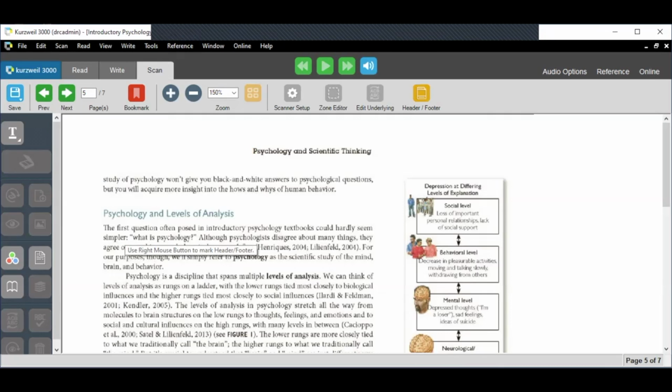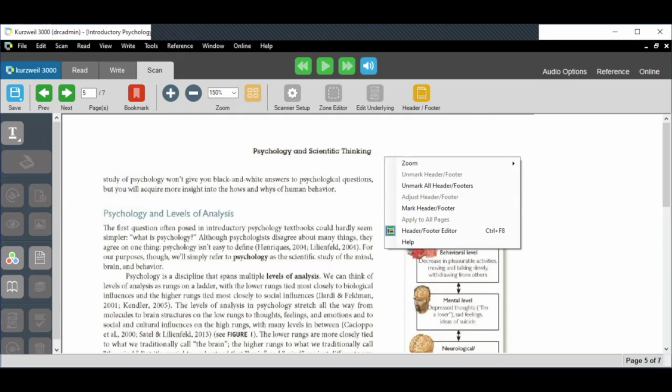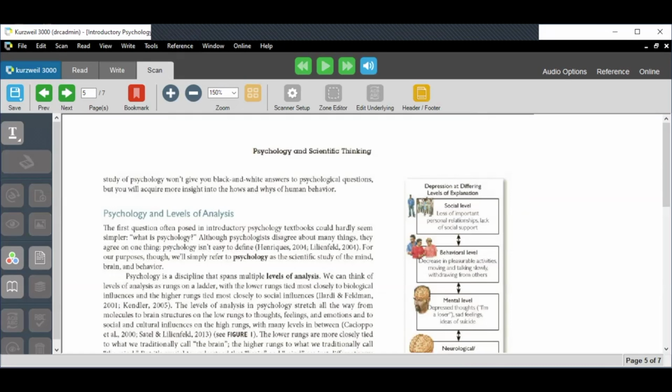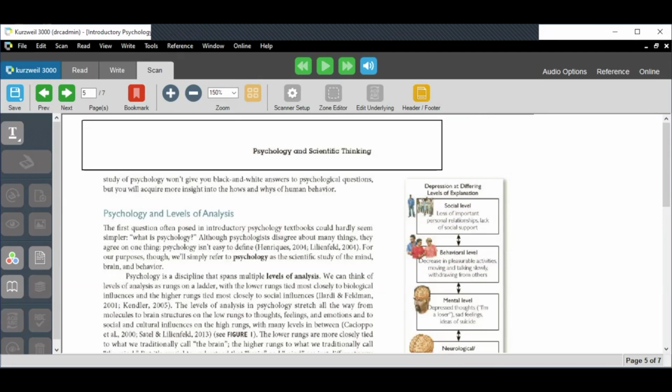At this point, your editor is opened and it will ask you to use a right click to open up a miniature drop down menu. And from here, you'll want to select the option Mark Header/Footer. At this point, your mouse will turn into a crosshair and you'll be able to click and drag to mark an area that you want to specify as a header or footer. We recommend making this area a little larger, at least the text width of the document, because sometimes headers and footers can alternate page to page and change their positioning a little bit.